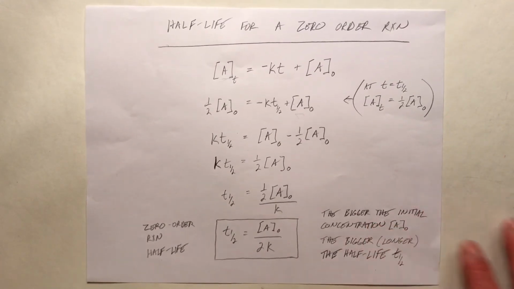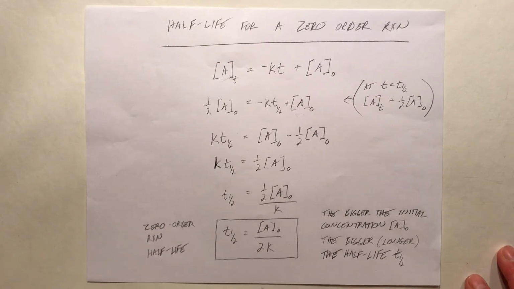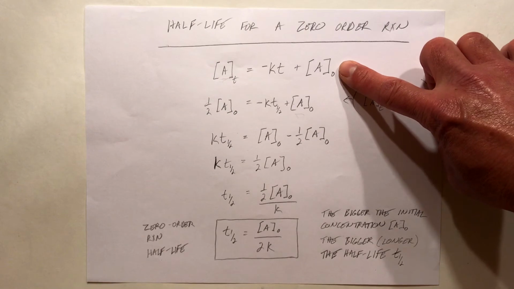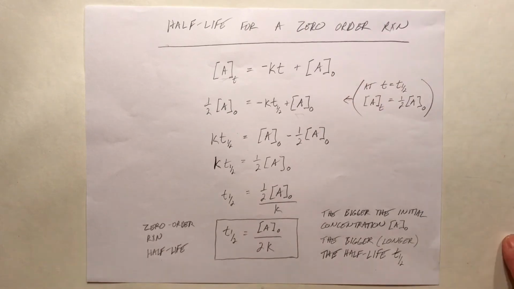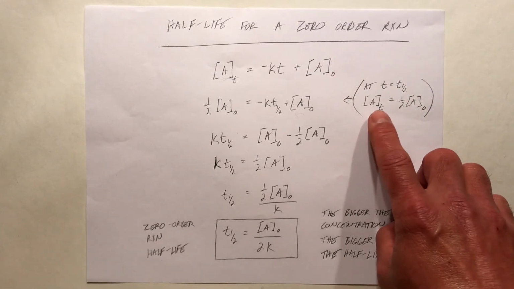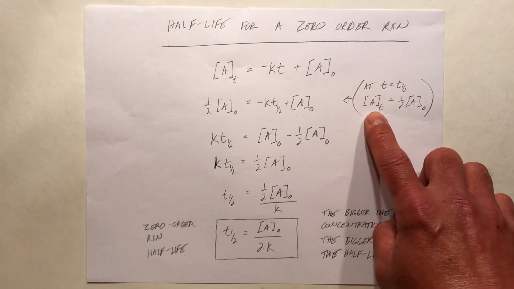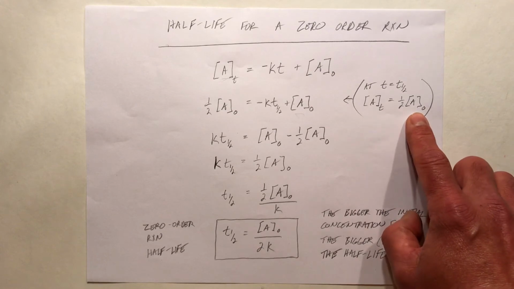Let's take a look at half-life for a zero-order reaction. And we're going to do this for all orders of reaction by starting with the integrated rate law. This is the integrated rate law for a zero-order reaction. And we're going to pretty much do the same thing over and over, just using a different equation to start with. What we do is, knowing that the half-life is the time at which the concentration is half of the initial concentration,